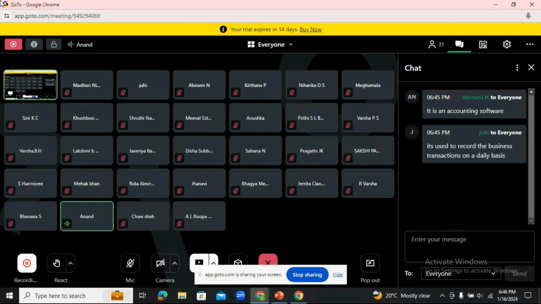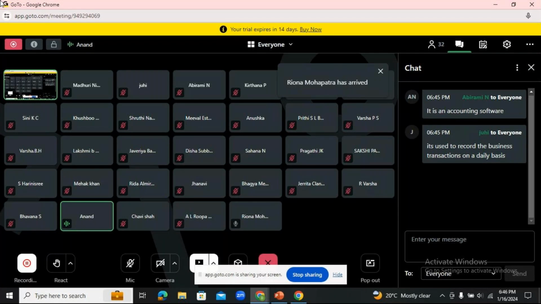But we didn't have an accounting software to maintain our books of accounts for years. If we had Excel, of course, it would be sufficient, but now we have a separate software to maintain our accounts. It's one of the oldest accounting software we are discussing in these upcoming sessions, that is Tally.